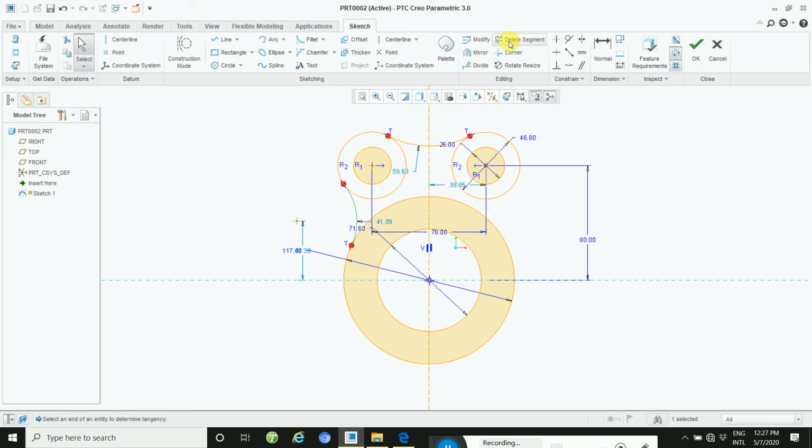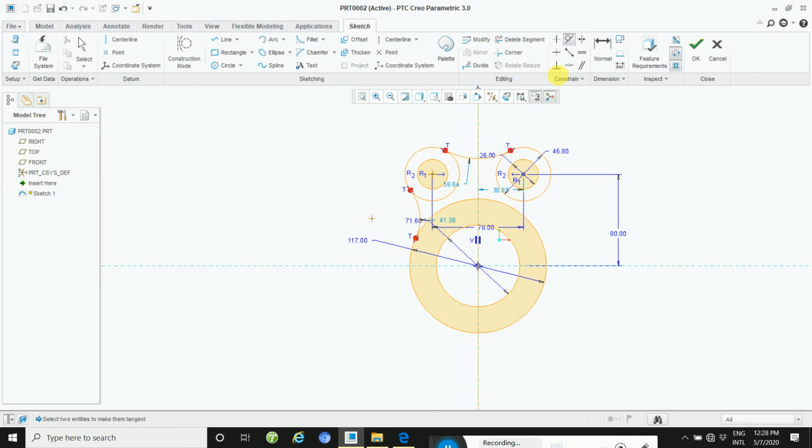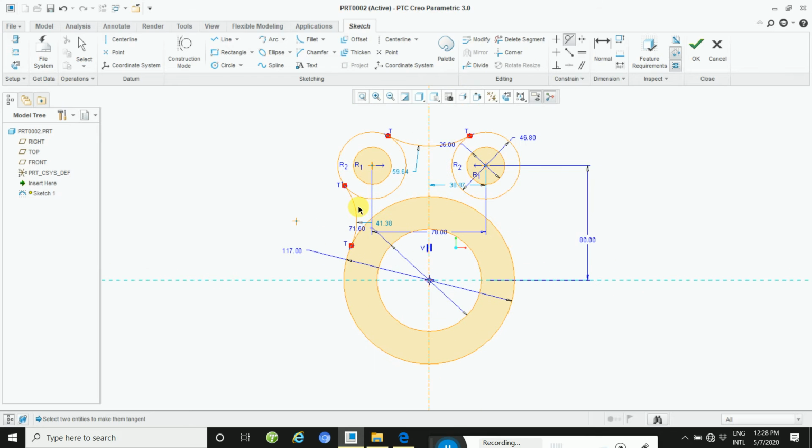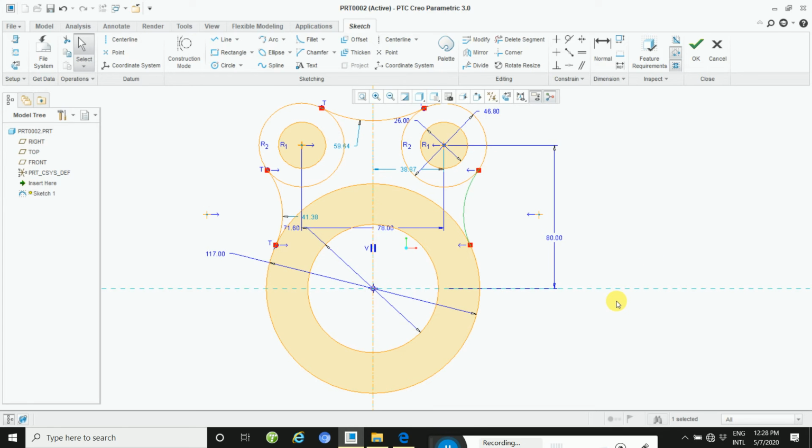Then apply tangent, first, second, then this is also tangent, then apply mirror. Select this line, go through the first line, go through mirror, then select a center line. This way you need to mirror all.